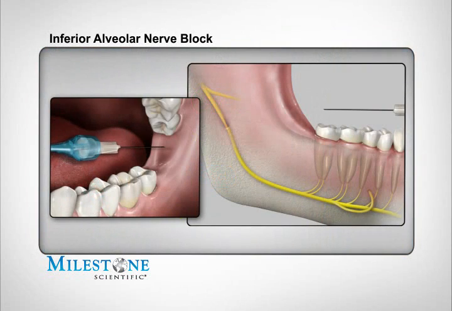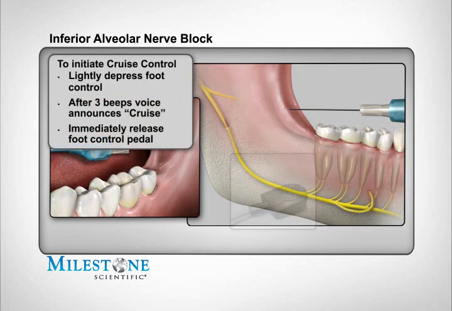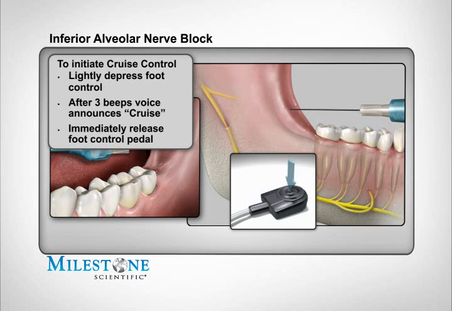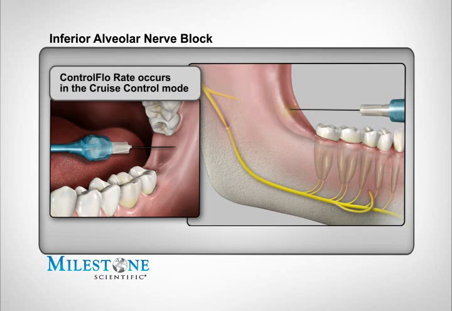Approach the site as you normally would, using traditional anatomical landmarks of the oral cavity. To initiate the injection using cruise control, slightly depress the foot control. After 3 beeps, you will hear the STA system announce cruise. Immediately release the foot control pedal to enter into the cruise control mode. This allows the control flow rate to continue to dispense anesthetic solution, creating an anesthetic zone in front of the